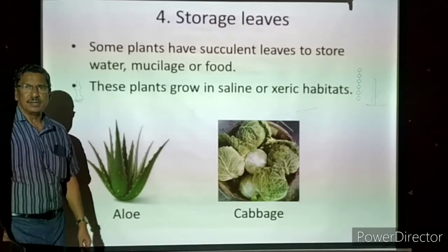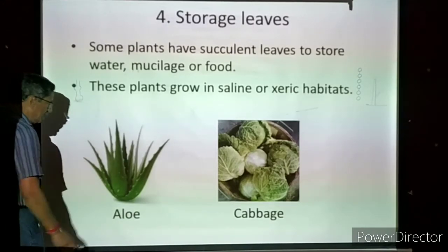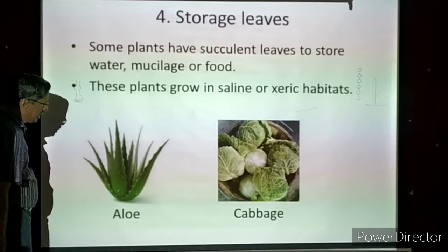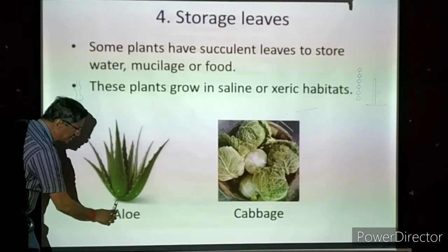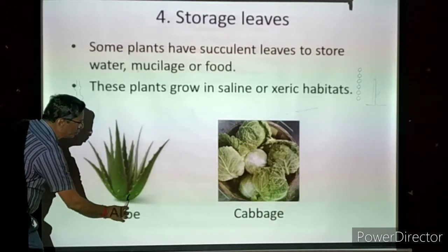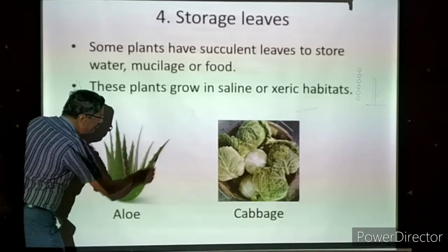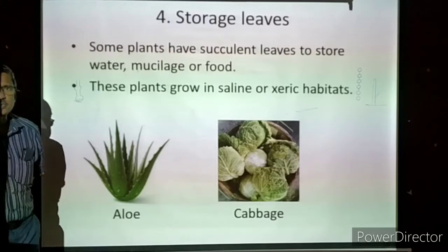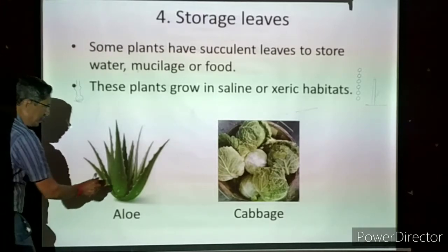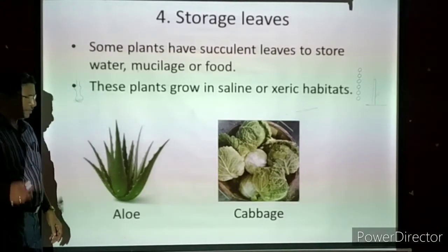Very common name, aloe vera. We are telling that aloe vera. Now this we can even cultivate in a pot. The root system will be there, but the leaves, if you take, are very long, green and very, very thick. Sometimes the leaf may extend one foot to two feet. Such a long leaf will be there, but the leaf is very, very thick and leathery.